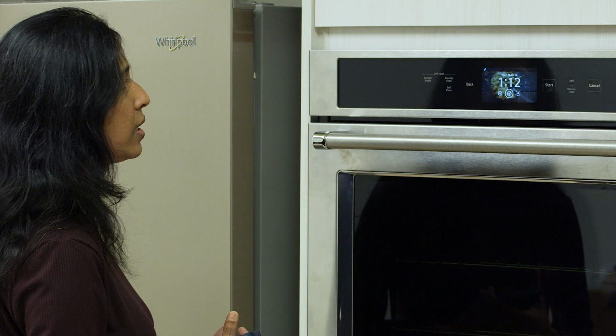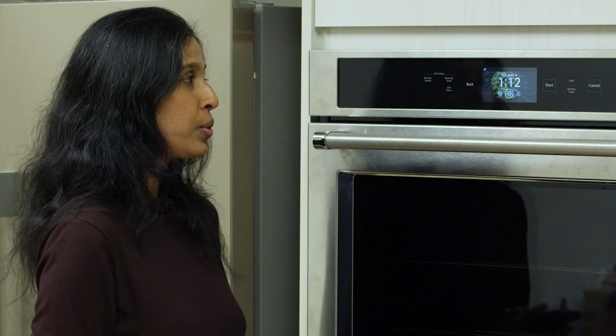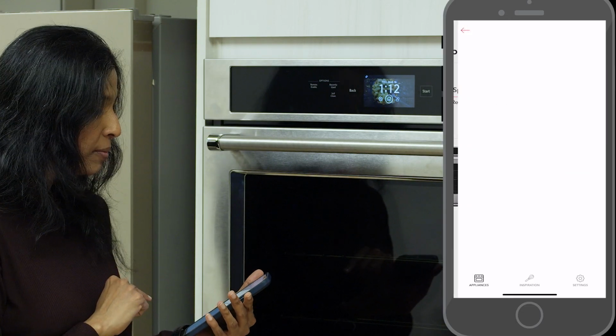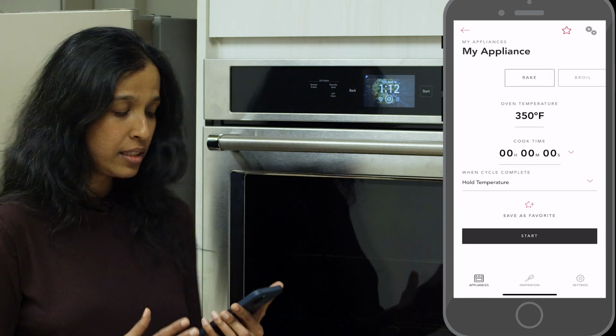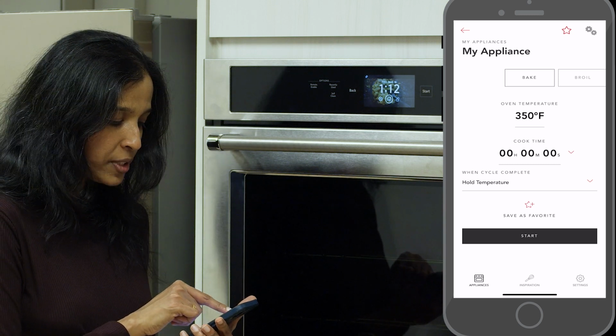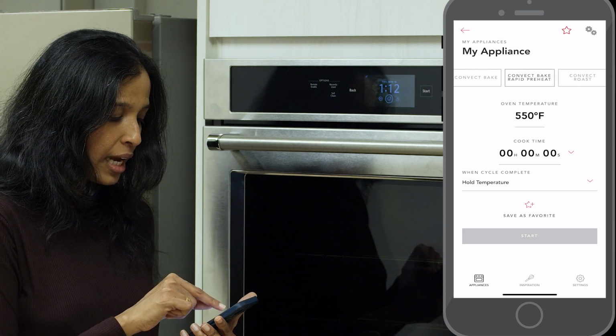Now the last part of the video that we would like to show is how you can start a simple bake function using the app. Even though you are not near to the appliance, you will be able to start a cycle from the app, and that's what I'm going to show you. I'll look for the image of the appliance and then tap on it. And then the app will be providing us with a different screen where you will be able to see the different cooking options. So since we are going to see how to start a bake function, I'm going to select